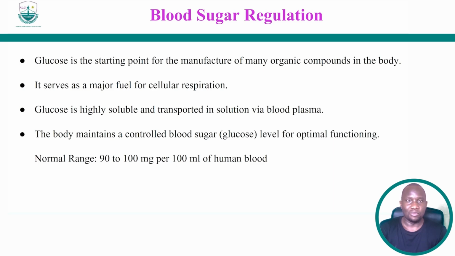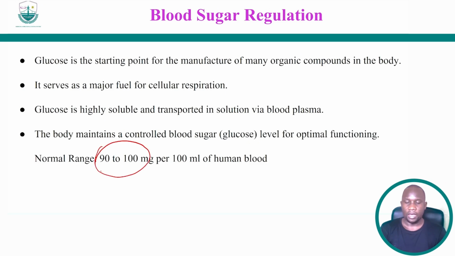Why is it that the body actually relies a lot on glucose? Glucose is highly soluble and can easily be transported in solution via plasma. So the tissues, even the brain, needs glucose. If it doesn't receive glucose, they have a lot of problems happening. And therefore, that means that there should be constant supply of glucose to the brain. Okay, and also that means that the amount of glucose in the body also needs to be maintained at a particular range, usually